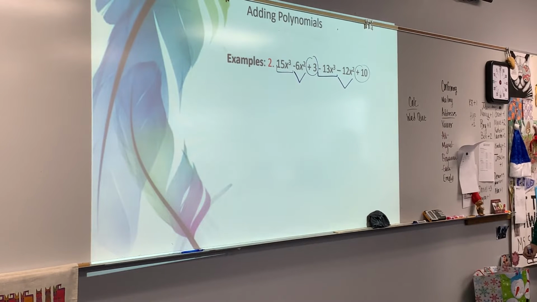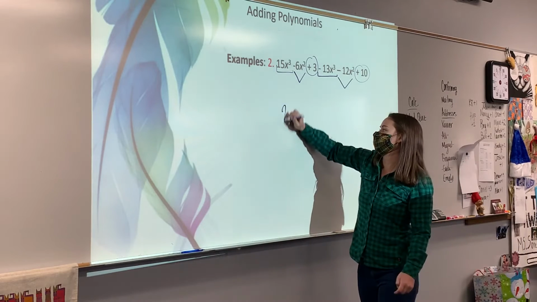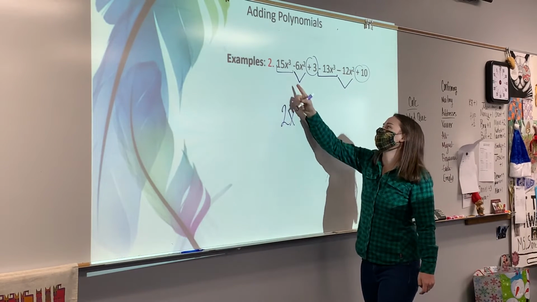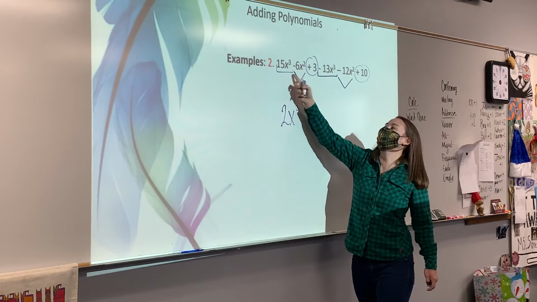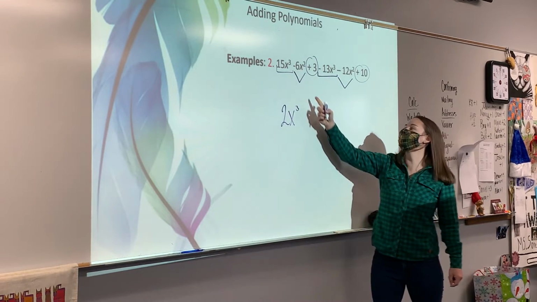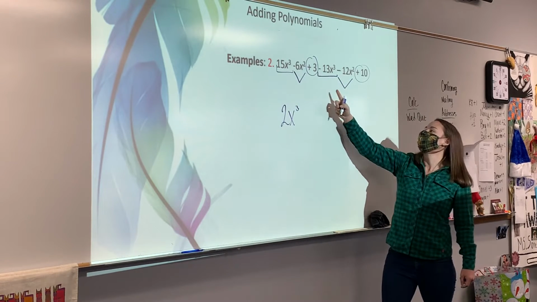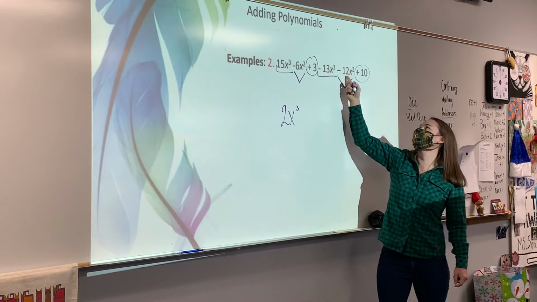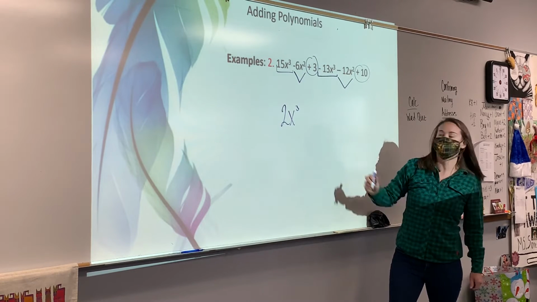All right, what did your x cubed terms become? 2x. Good. And I made these a little less interesting, but I just kind of bracketed them off. Okay, now I'm going to do my little upside down triangles. What's a negative 6x squared and a minus 12x squared? Negative 18